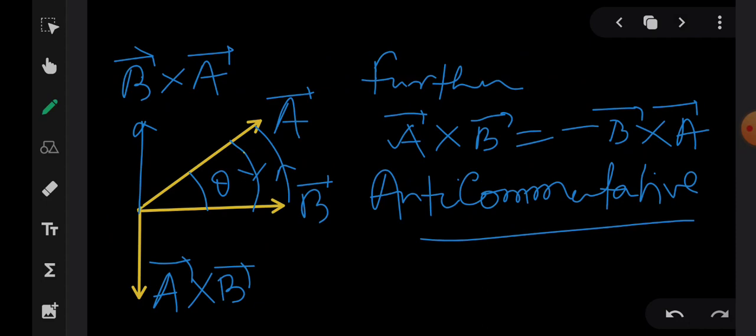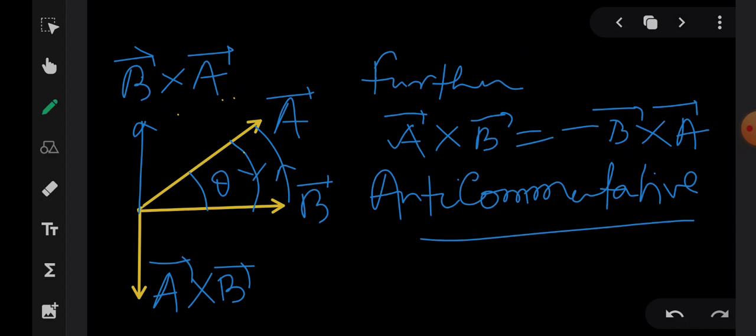If we have to find B cross A, then B will be the first vector, A will be the second vector. So when we move from B to A, it will be anti-clockwise. So if you rotate a right-handed screw in anti-clockwise direction, it will come out. So it will be perpendicular to the plane of the mobile and pointing upward as shown in the figure. So this is your right hand screw rule.